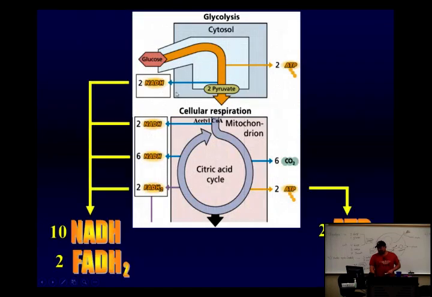Alright, so this is just showing you exactly what we did. We went through each one of these steps. So glycolysis, we get 2 ATP and 2 NADH. Pyruvate, moving it into the mitochondria, we get 2 more NADH. Krebs cycle, or it's also known as the citric acid cycle. So Krebs,